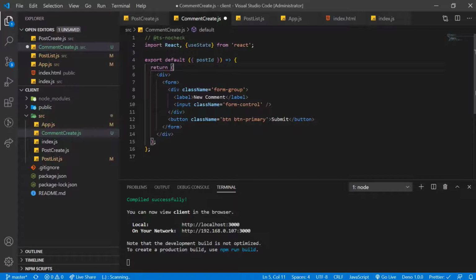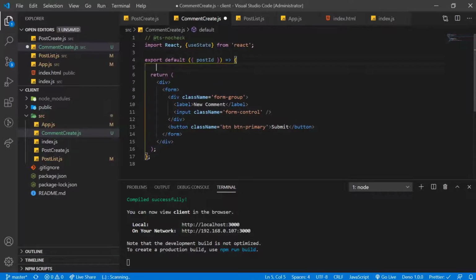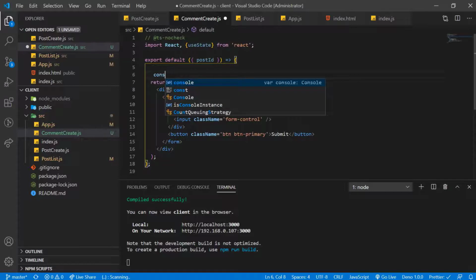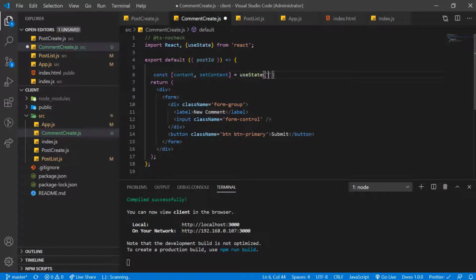Now let's add the useState hook. Initially, I am setting the value of content as empty.